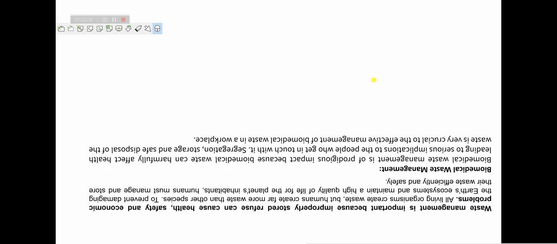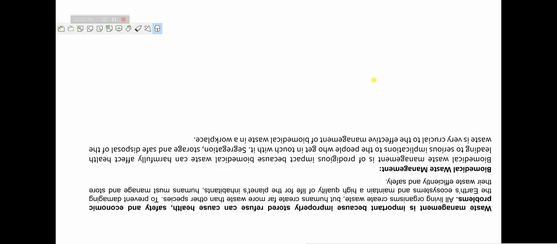So that is why it is important to manage it properly. And we should always properly manage our waste. And if we are not doing it, improperly stored refuse can cause health, safety and